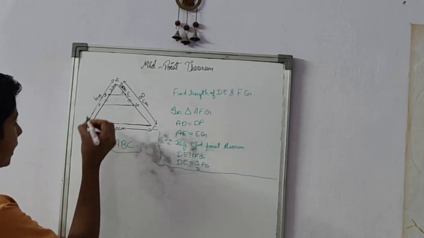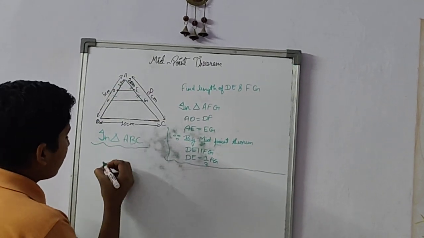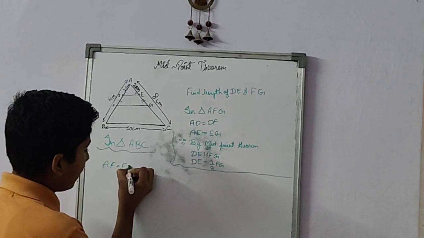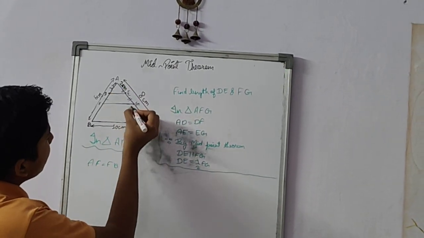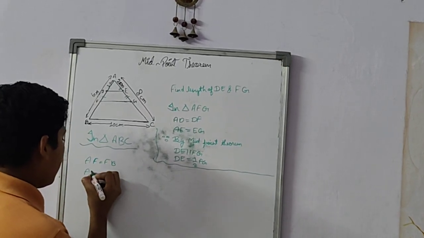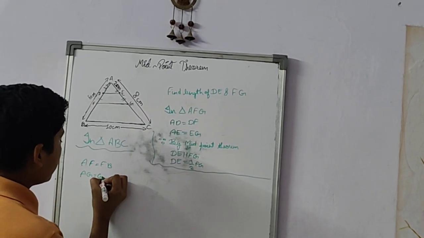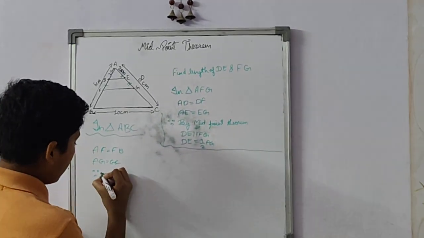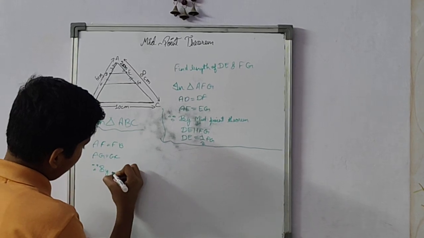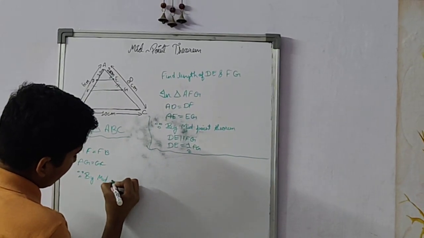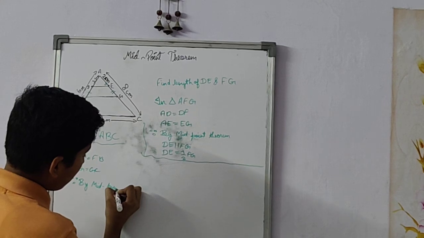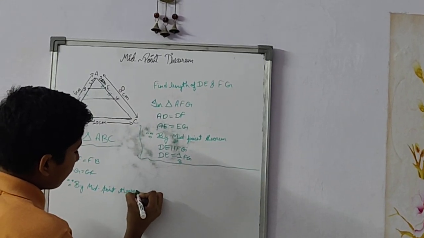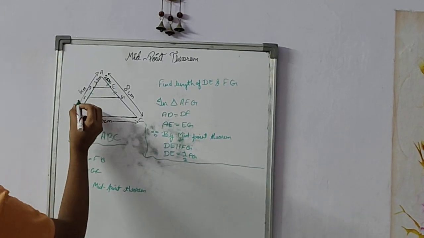In triangle ABC, AF equal to FB and AG equal to GC. Again, therefore, by midpoint theorem, FG